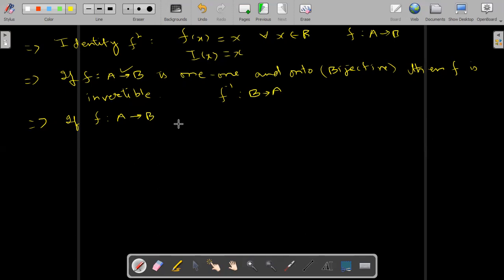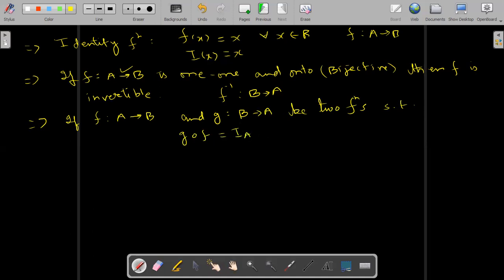And if f is a function from A to B and g is a function from B to A, two functions such that g composite f